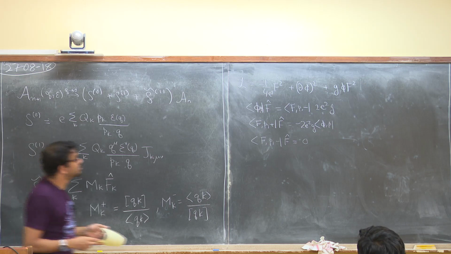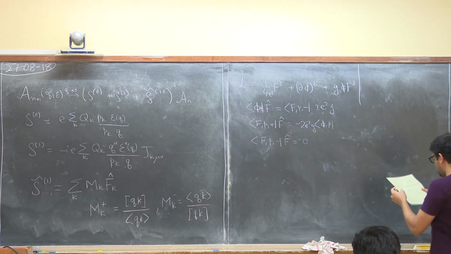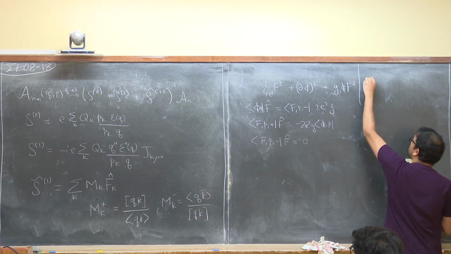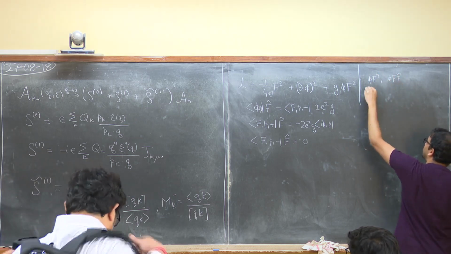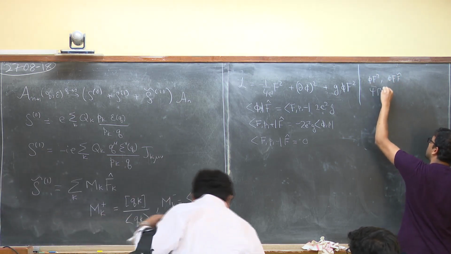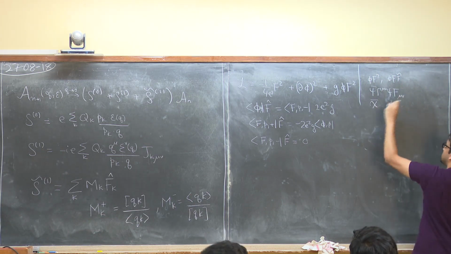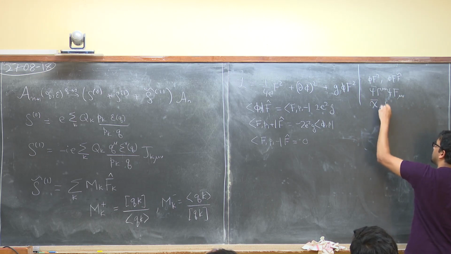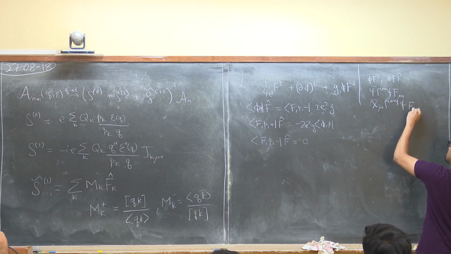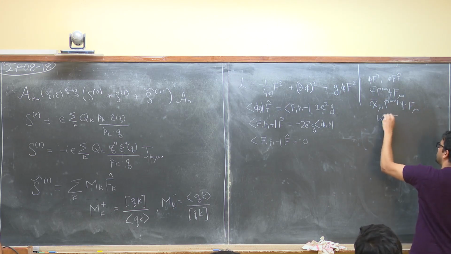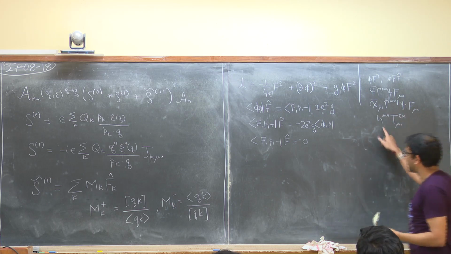But let me write down for completeness the set of all higher derivative terms. This was also worked out in Wang's paper. Basically the set of all dimension 5 terms that you could possibly have: phi f squared, phi f f tilde, psi bar, and I can replace this with f tilde also. Or I can have h mu nu, t mu nu. It's the electromagnetic stress tensor, and that's the graviton.